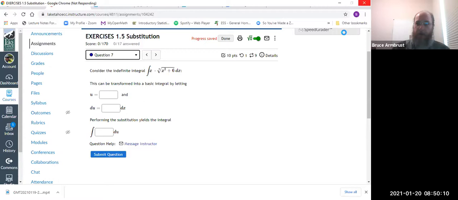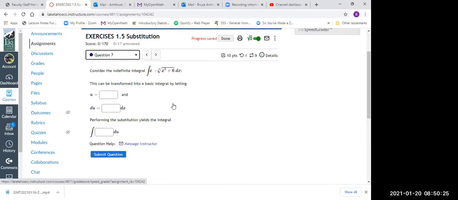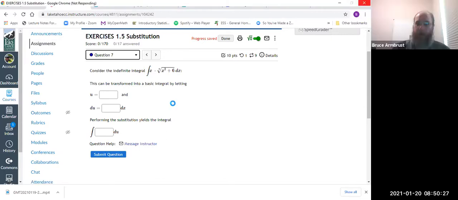So I would definitely let u equal x squared plus 6. So then what's the du going to equal? What's the derivative of x squared plus 6? 2x. It's just going to be 2x, right? So then we're actually looking pretty good, because if you look at that du equals,